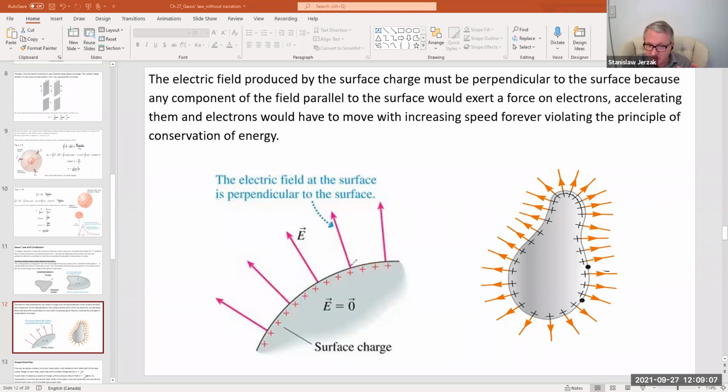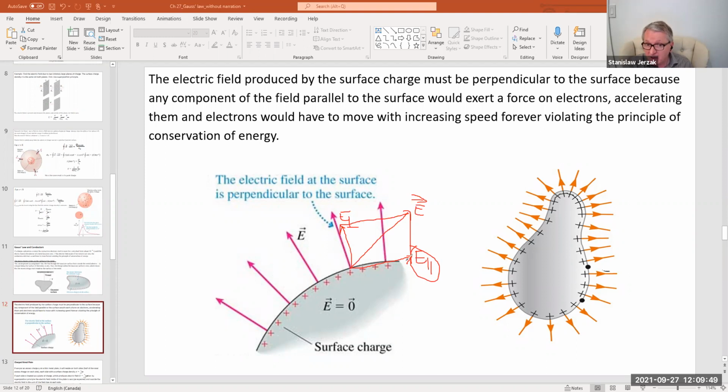So imagine that electric field is not perpendicular to the surface. Imagine that electric field is at a certain angle to the surface. Then I could decompose this electric field into a component of electric field parallel to the surface, and a component of the field perpendicular to the surface, right? I can always decompose any vector into two components. And this time I'm decomposing it into a component parallel to the surface of the metal and perpendicular to the surface of the metal. And if that component parallel to the surface of the metal is not equal to 0, then